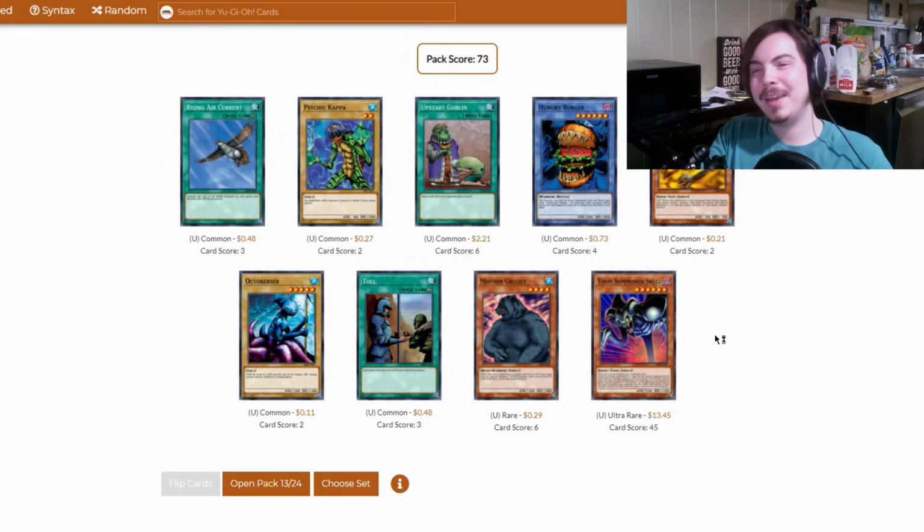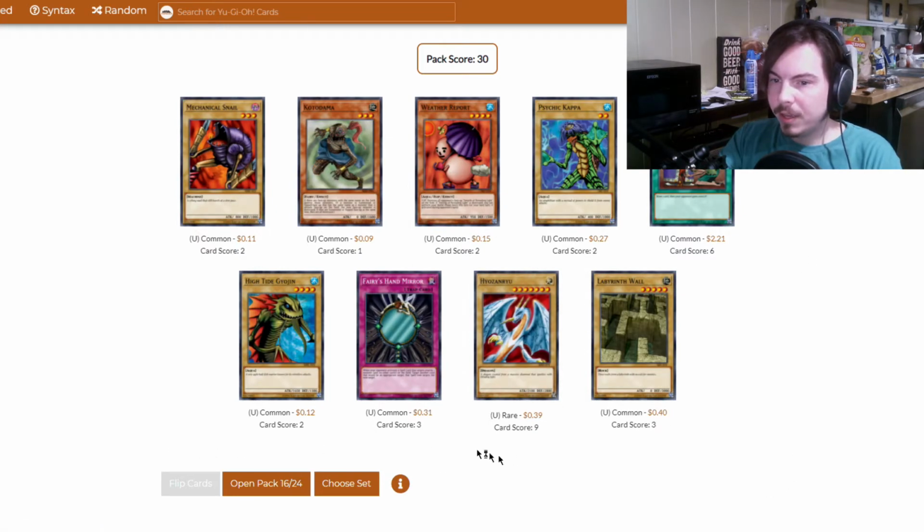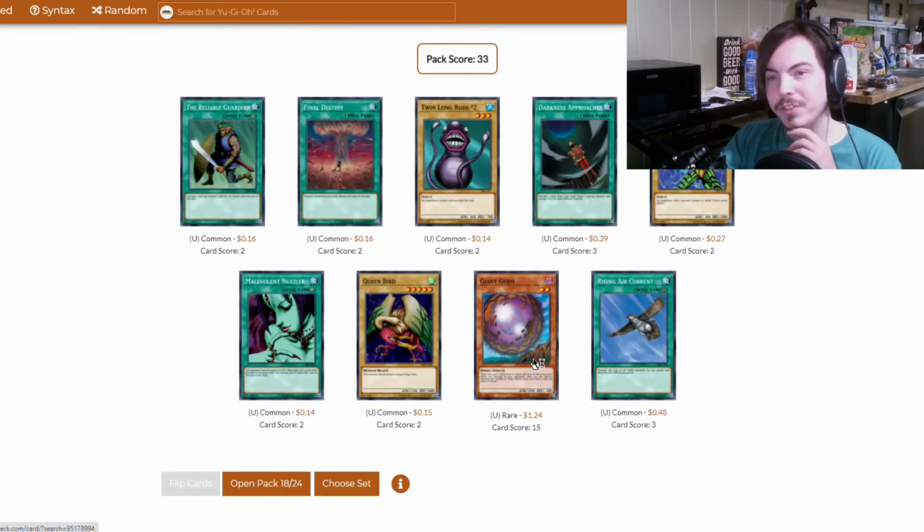It's not enough, man. Oh, he's so cool, though. Got a playset of Upstart, at least, and a playset of Spear. Alright, the next pack, we got a Fairy's Hand Mirror. That's gonna be pretty good. That's our first Giant Germ. Maybe if we can pull a playset of him, but...